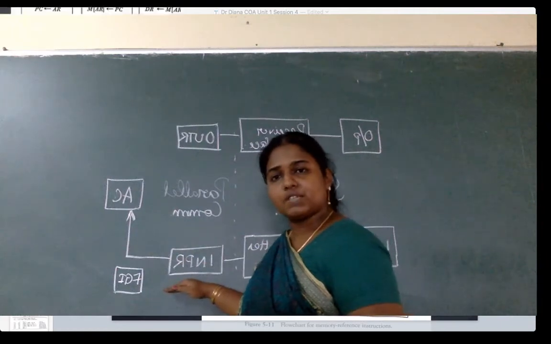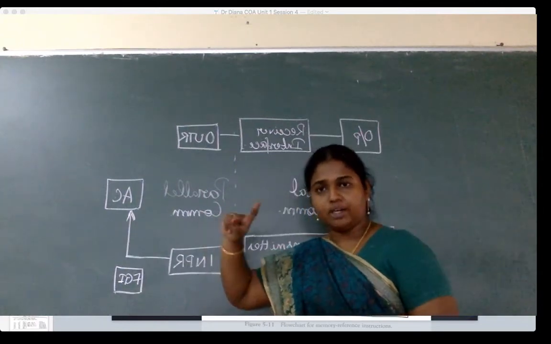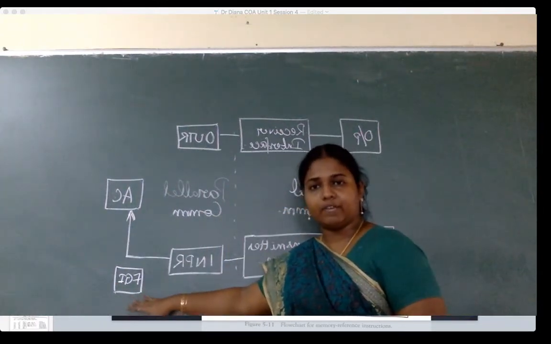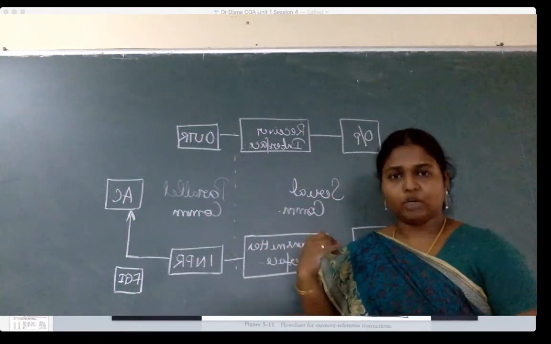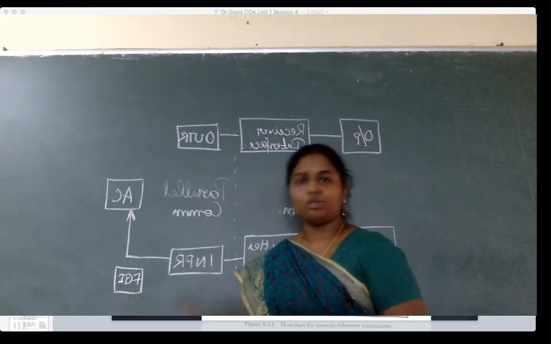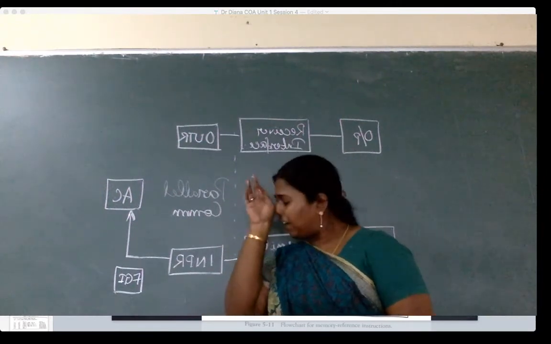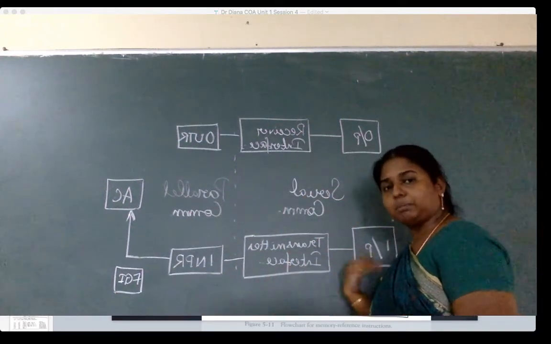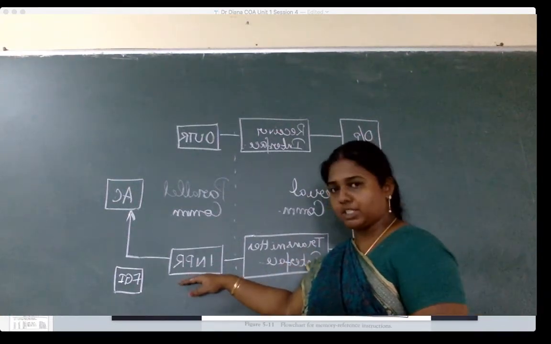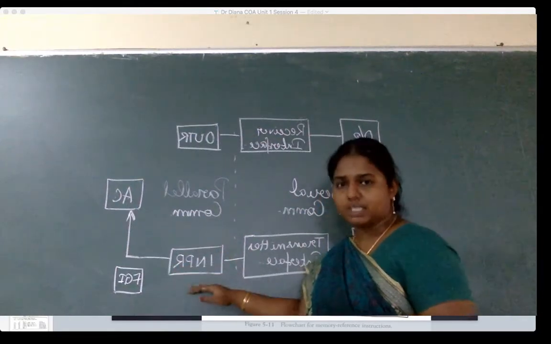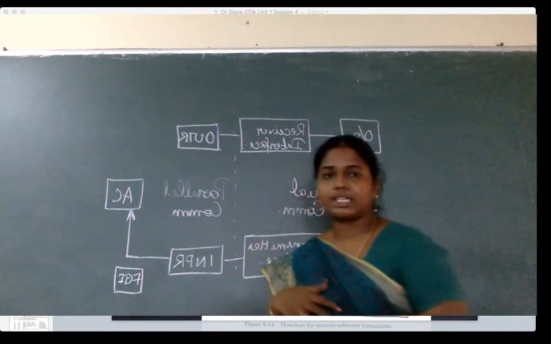So if the input register is full, the interface will set the value of FGI to 1, indicating that data is readily available. Once the accumulator reads the data, this FGI is set to 0, indicating that the data is no more available. Every time the interface tries to read something, it will hold it in the buffer and put it inside the input register. Now imagine the input register has some data and the accumulator has not taken it, so the FGI value is set to 1.